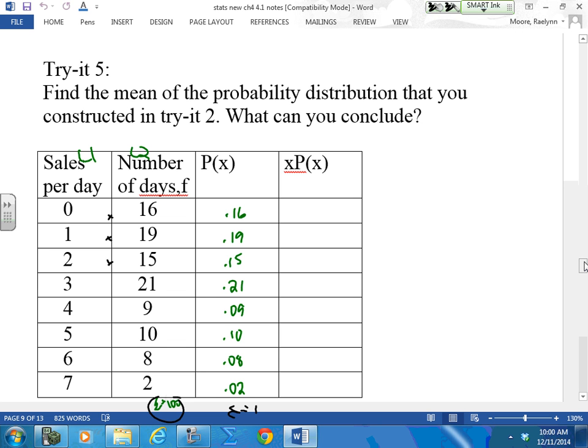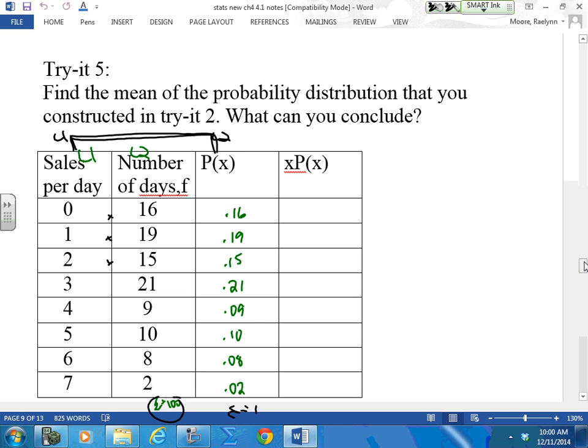Because when they add up your decimals, they're 1. So it doesn't really matter with the 1. The only difference is if you do this in your calculator, you do not get a sample standard deviation, because 1 minus 1 is 0. You can't divide by 0. If you do this part right here,